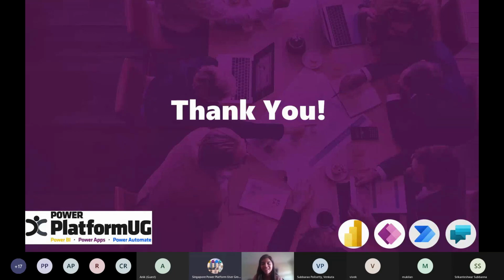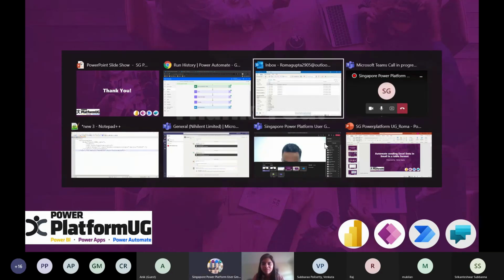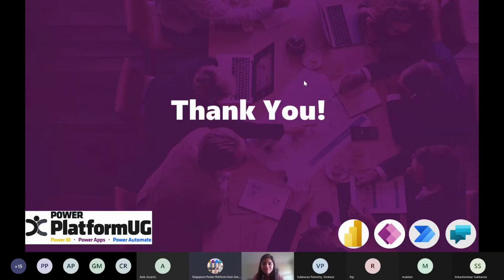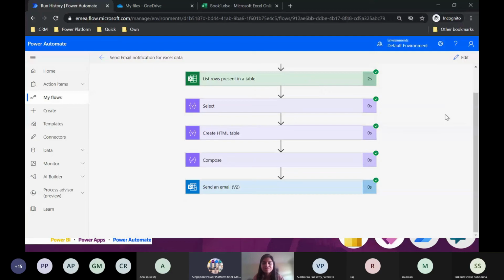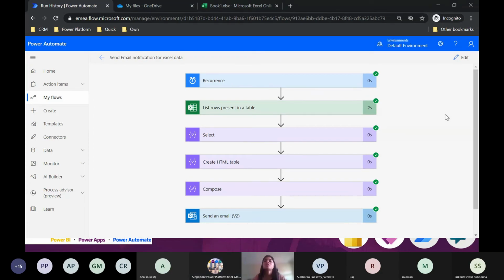Hi Roma. Actually, there are two questions. Sure. So you can mute your. Actually, how can you invoke these flows from a dynamic object? Example, invoke a flow on creation of a lead. Mr. Sumit asked this question actually. So when you say dynamic, Sumit, do you want to maybe explain a little your scenario? I don't think Mr. Sumit is here now. He left, I think. Yeah, he left.